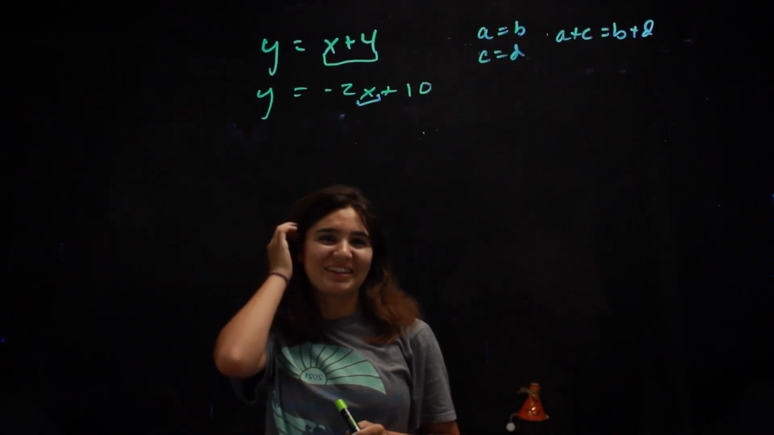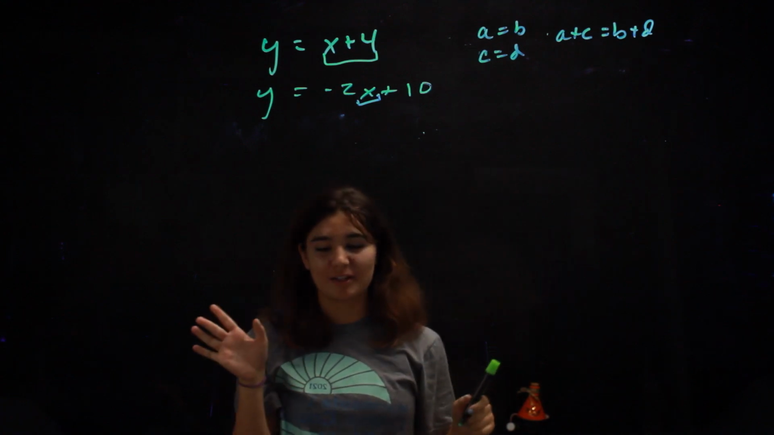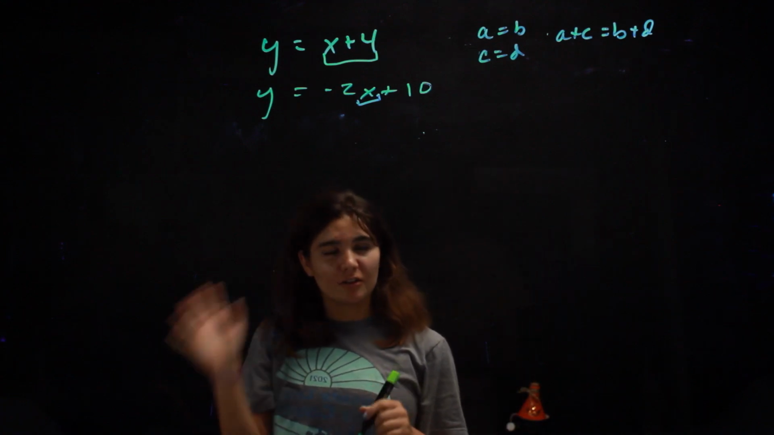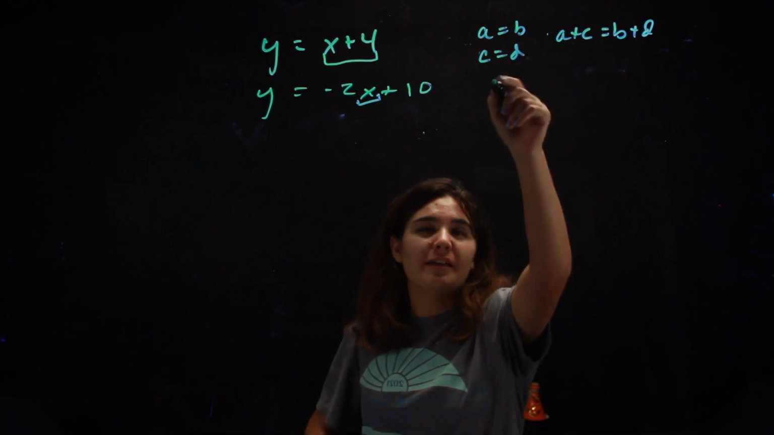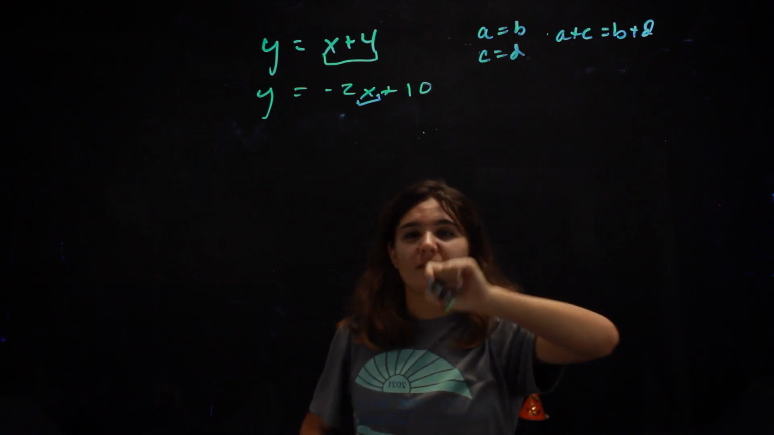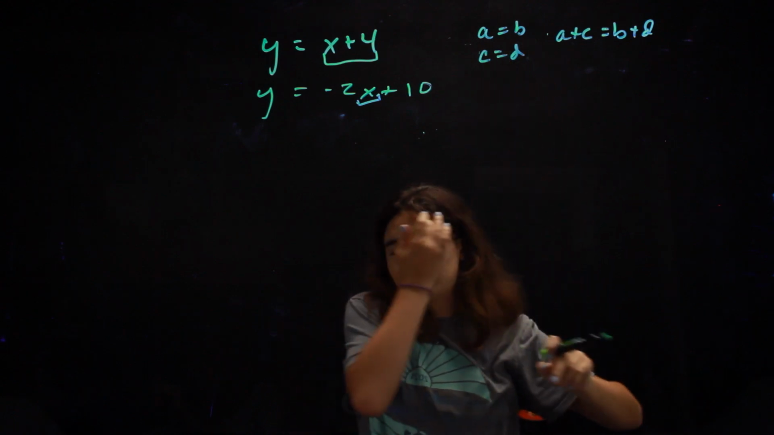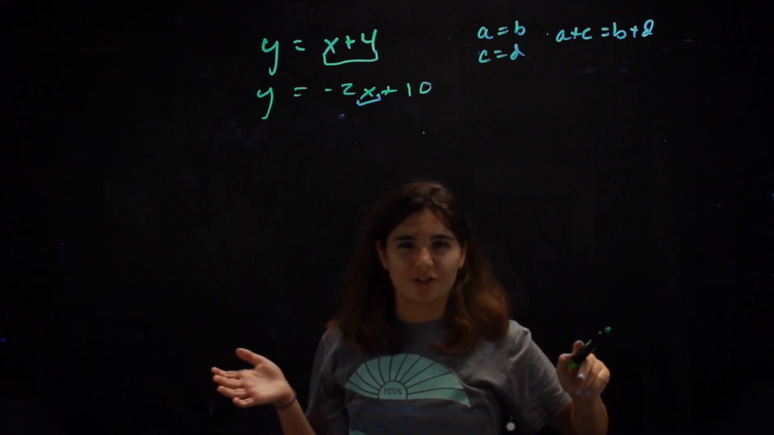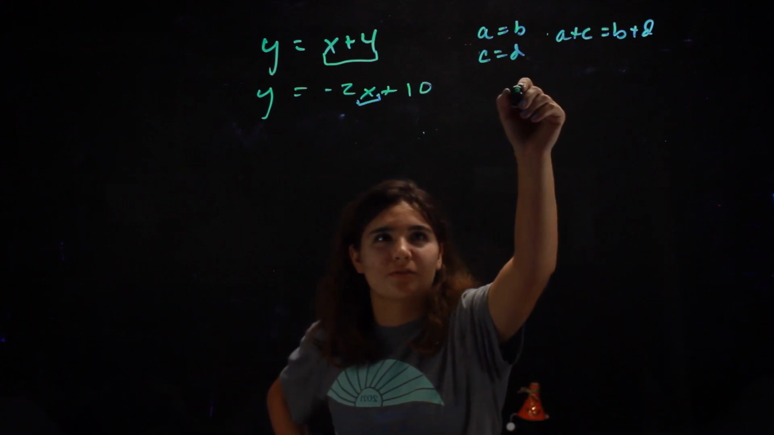Alright, so this method is called elimination. And it's all centered around this property. So a equals b, c equals d, thus a plus c is equal to b plus d. And a really easy way to get your head around this is like, okay, what if we had,